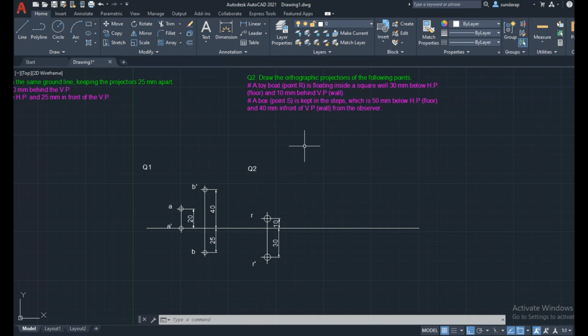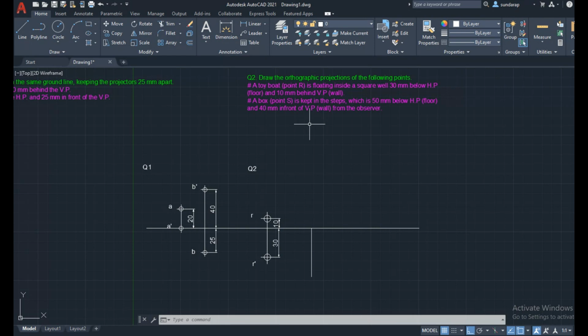As we know, in the fourth quadrant we always obtain both the front view and the top view below the XY line. So 50 mm below the HP as a front view, we can start at a convenient distance. So 50 mm, we obtain the front view when looking from the front side, and 40 mm in front of the VP.